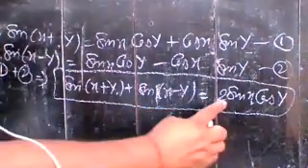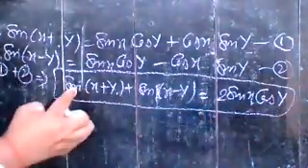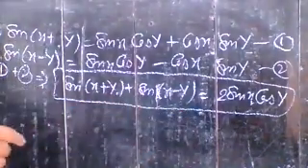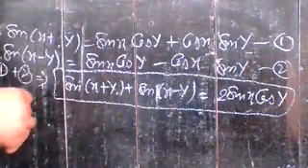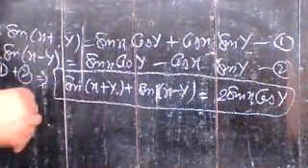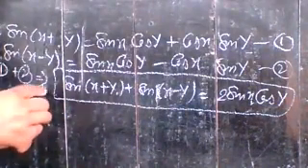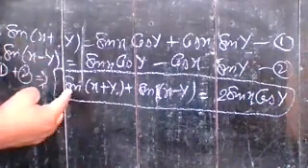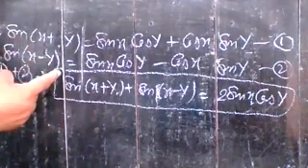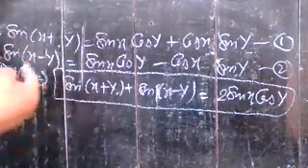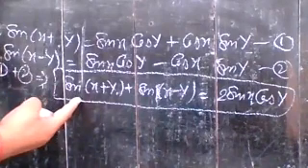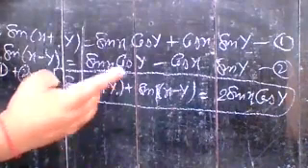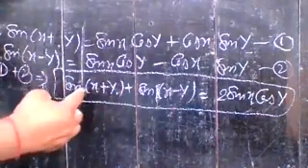And what is that? 2 sin x cos y is equal to sin(x plus y) plus sin(x minus y). That's why I am saying that the identity which you obtained with the help of the unit circle, that means cos(x plus y), is very important. With the help of that, you find the identities of sin(x plus y) and sin(x minus y). And using that, here you have another identity. So you learn this one, 2 sin x cos y, in this way.